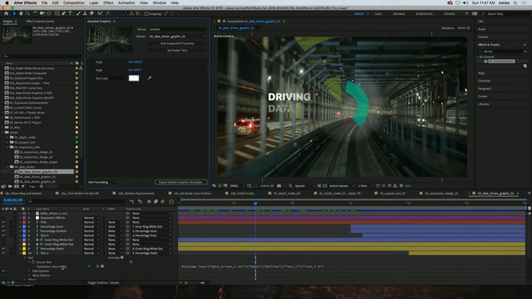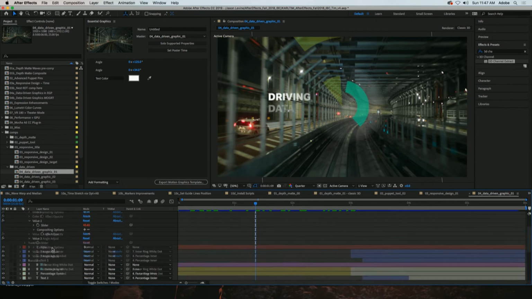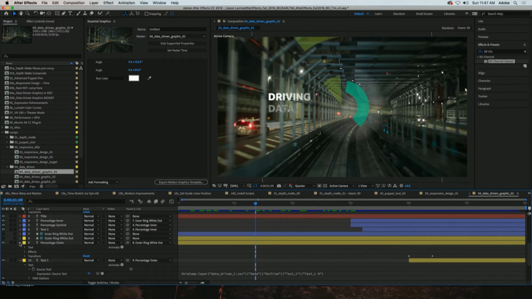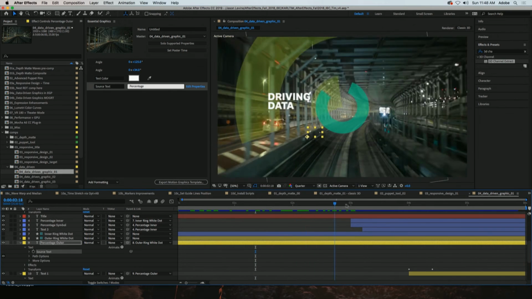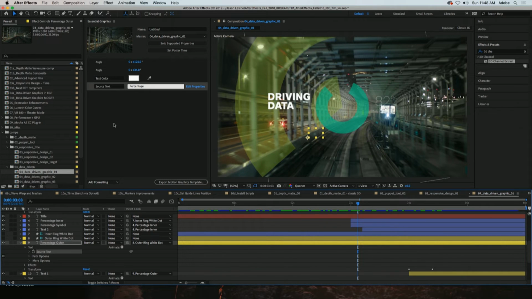So if I had a particular color that I wanted to work with, here's the text color value. Looks like I've already done this here. If I wanted to add something different, let's see here, percentage outer. Here's a text value. If I wanted to grab this and make that adjustable, I can simply drag it and drop it up into this panel. And this is now an editable function for the editing staff